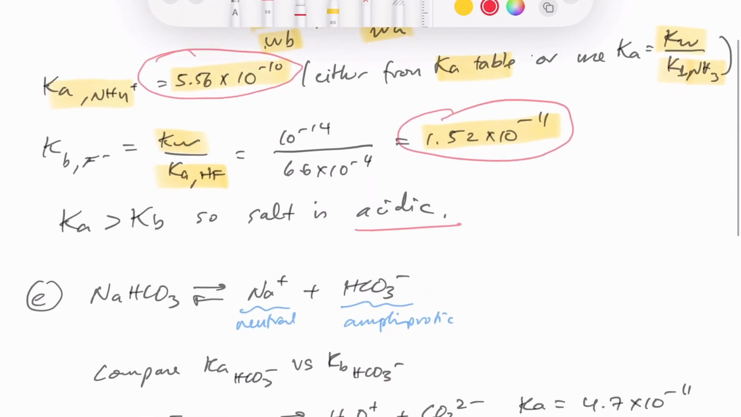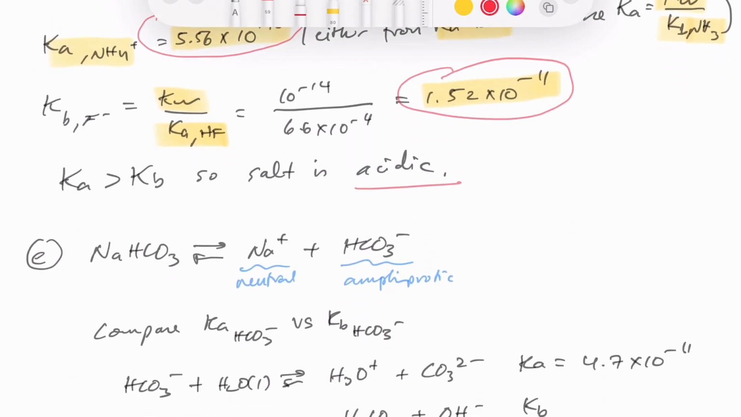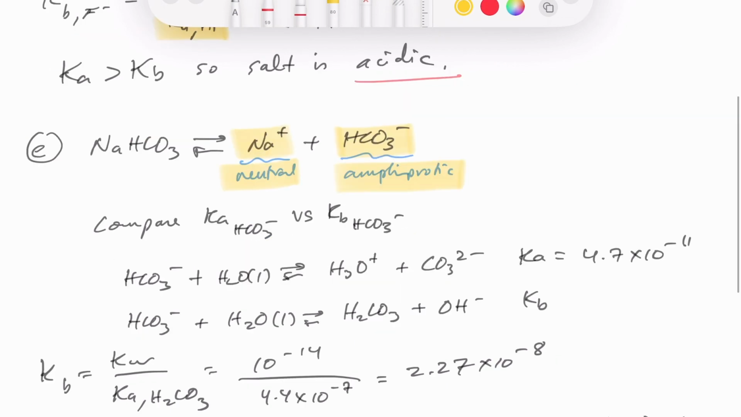Now let's take a look at our last problem in the salt section, which is sodium bicarbonate. Sodium bicarbonate is a salt that would break apart into sodium and bicarbonate. Sodium is neutral, it's group 1. Bicarbonate is a little harder. It turns out to be amphiprotic, right? It could act as an acid or a base. So similar to the idea that when you have two different things, you have to analyze what it's going to do. Here you have to compare the Ka and the Kb of bicarbonate